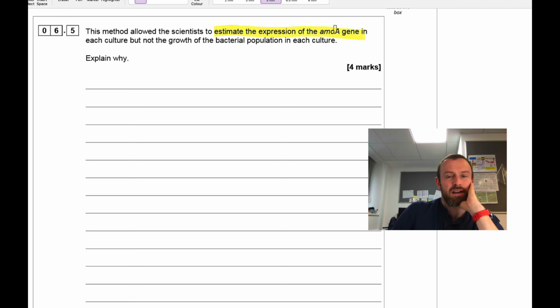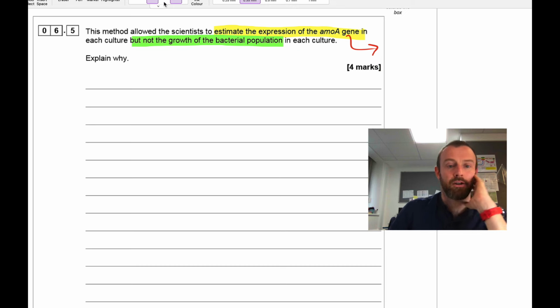Estimate the expression of the MO gene. So maybe there's some marks for that, and then some more marks for, but not the growth of the bacterial population. 2 marks for each, maybe? I don't know. Estimate the expression of the MOA gene. Well, because we can assume that the mRNA that is produced,